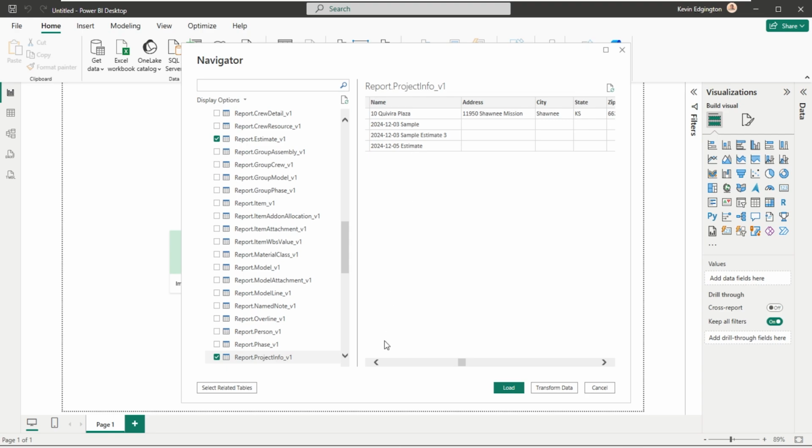Now, almost everything else for this report that I'm working on is actually in this one table. So this one table stores a lot of stuff. It has my classes, it's got my job size, it's got my contract amounts, it's got all my different user definable fields and what their values were.